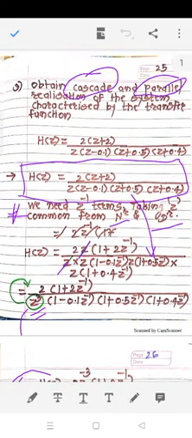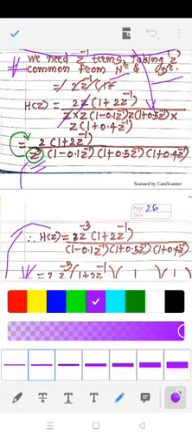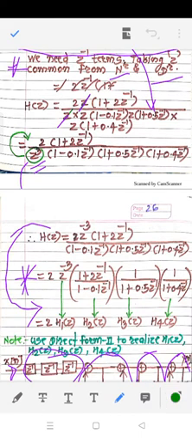Again, I will repeat it, cascade form first, then we will go for the parallel form. Okay, so what is h of z? H of z is given to us. Again, it is not in the standard form, we need z inverse terms. So what we have done, from each term of the denominator as well as numerator, we are taking z common. Because of this step, we will get z inverse terms, and by mathematical adjustment we will arrive at this step.